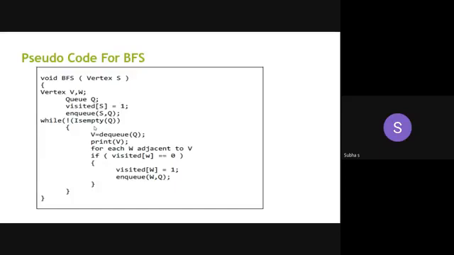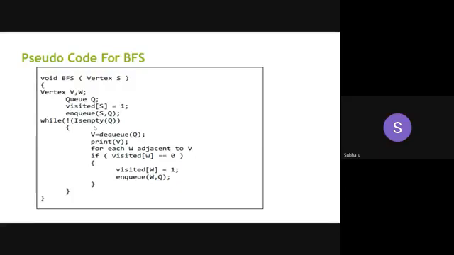Don't panic, it's just a simple thing. You're using a function called BFS with vertex S. And then you are going to use 2 more vertices, V and W. Your queue is named Q, a single letter Q. Visited of S equal to 1. That means I am going to start from the source vertex. I marked it as 1. Then NQ of S comma Q. NQ means adding all the adjacent nodes of S into the Q.